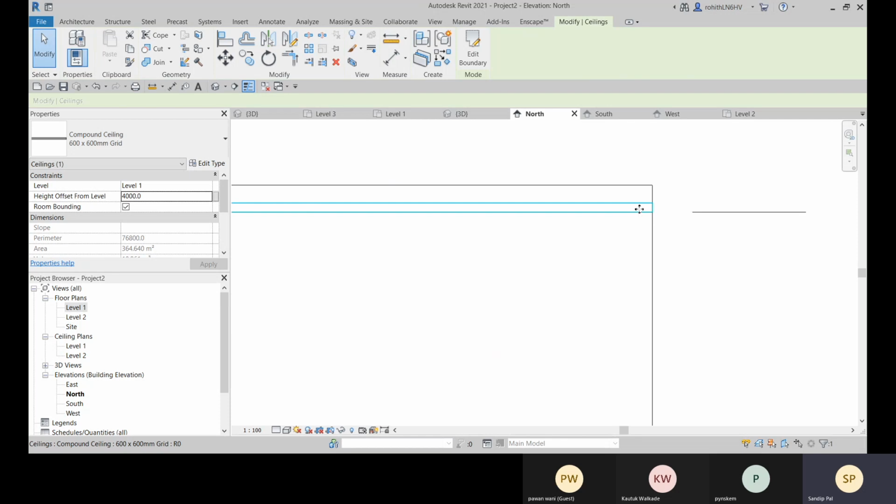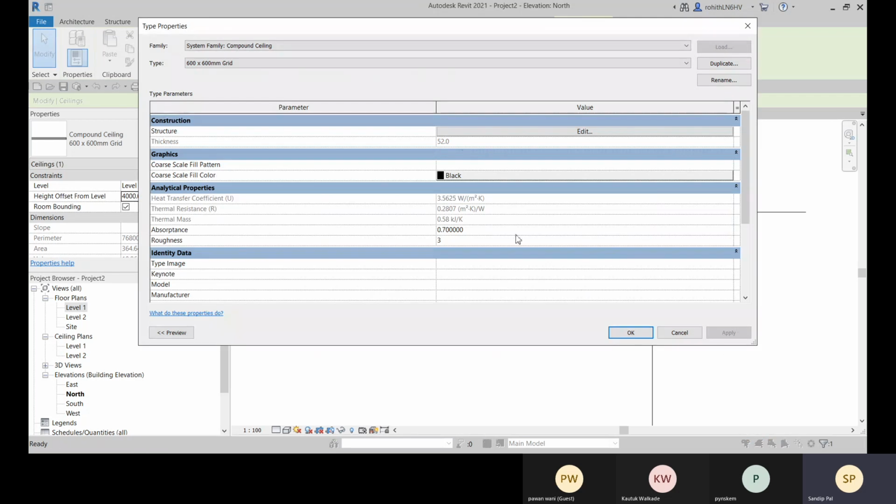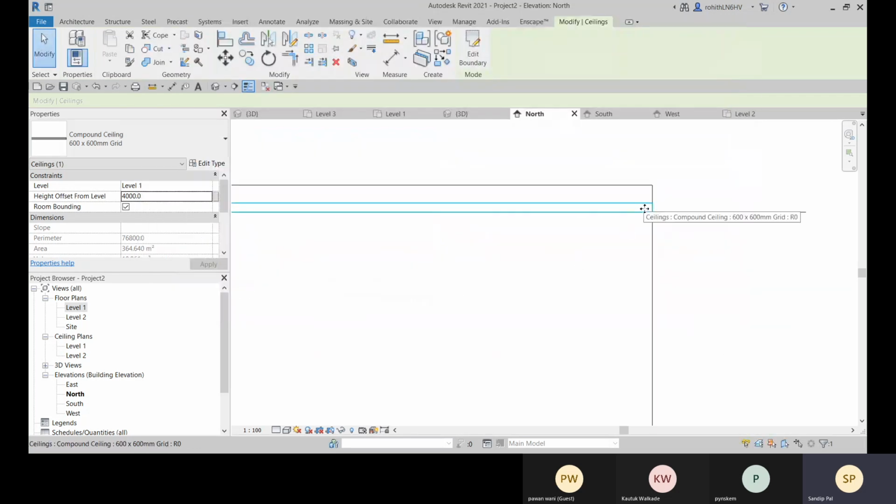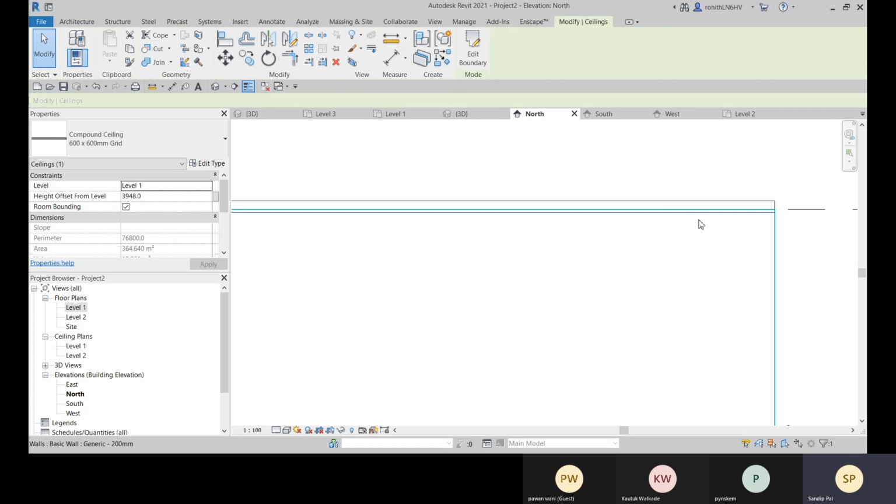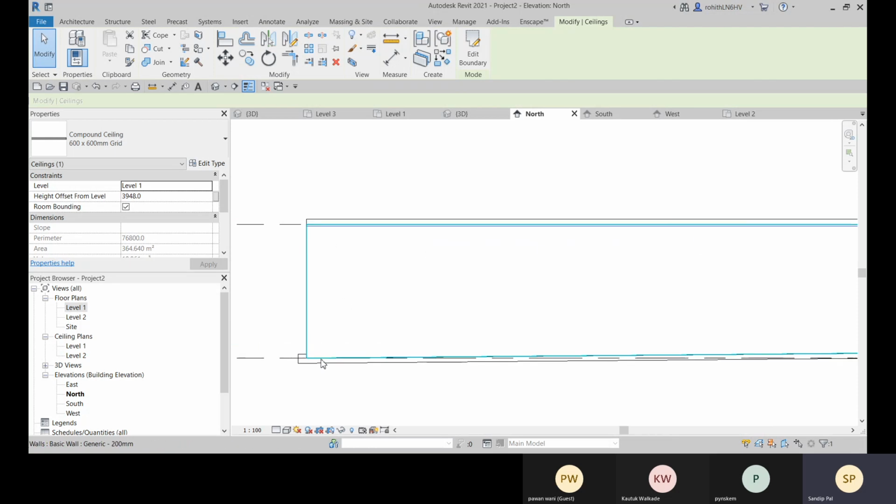So it will go downside. So what is the thickness? 52 is the thickness. So here you can provide the equals symbol and then minus 52, and here it is placed. So this way you should create.